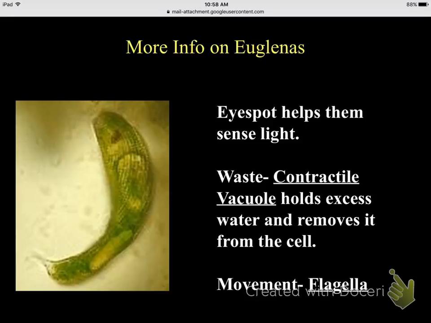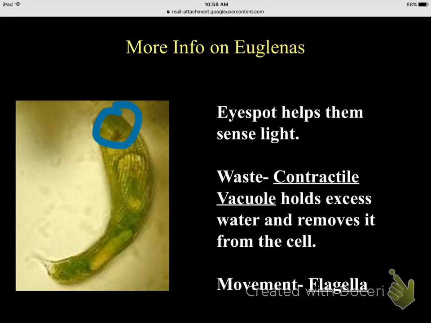Something unique about the euglena is that it has an eye spot, which I'm going to circle right there. Okay, so that little red eye spot helps them sense light. It can be moving along in the water, and if something moves over top of it and blocks the sunlight, it knows just by the darkening of the light around it that there is something surrounding it. So this eye spot helps them sense light changes and be able to tell what is around it in